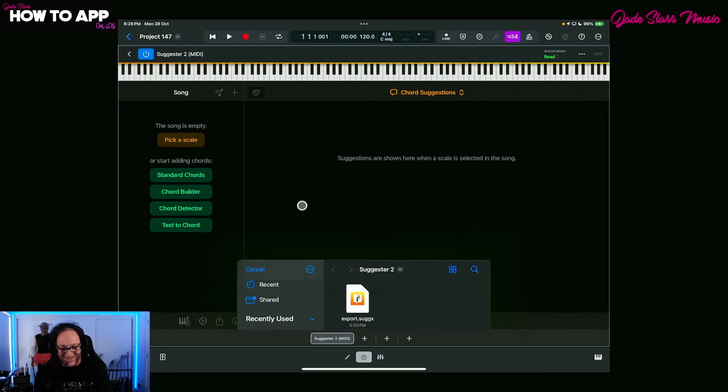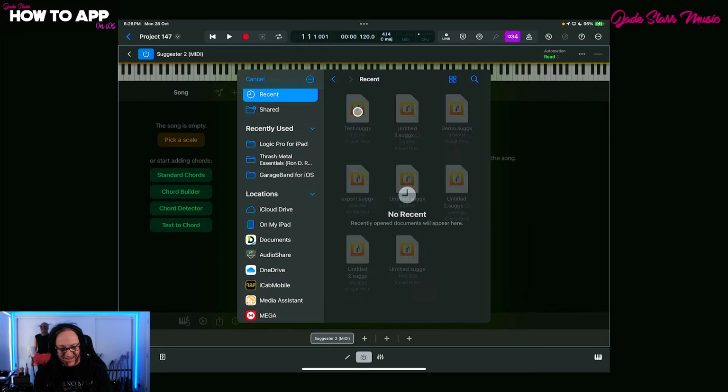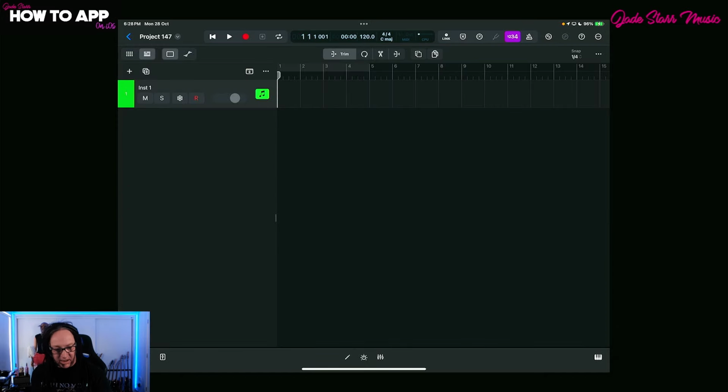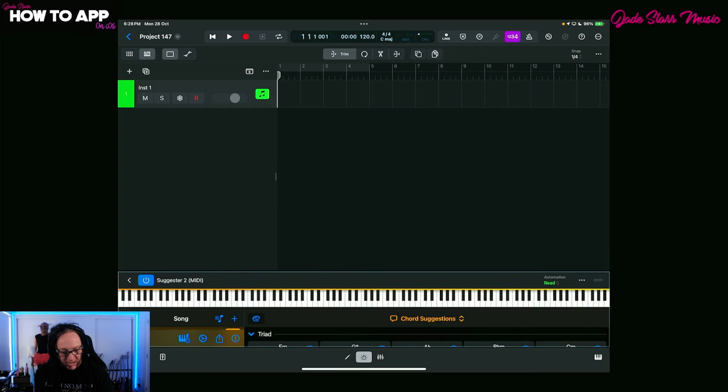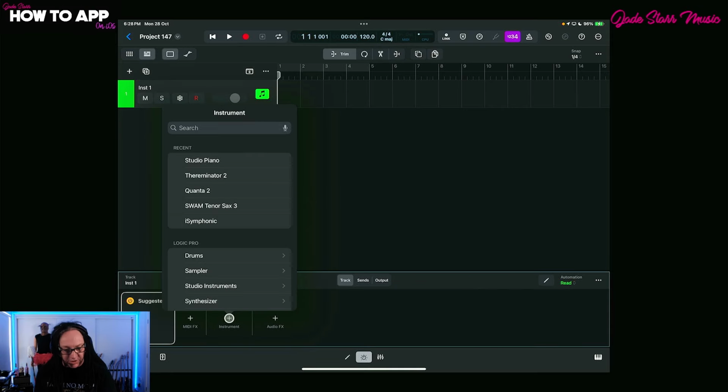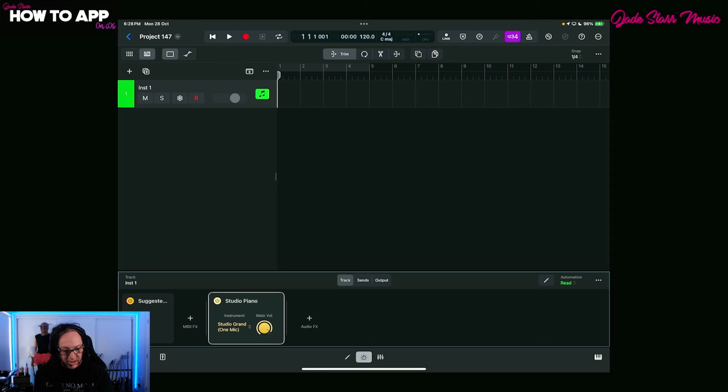Import document and recent. And there's our test. And here it all is ready to go. So immediately I can close this down and let's add in an instrument. So let's just use the studio piano from Logic. And now if I play this,